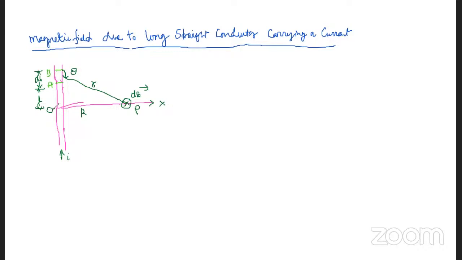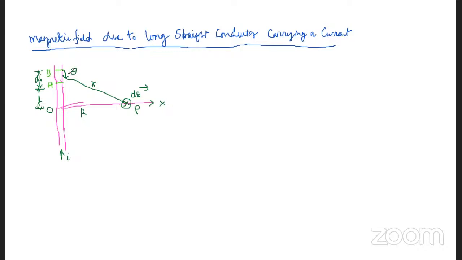A distance of L from O. Now let R be the distance of the element from the point P. R is the distance of the point P from that small element DL. Now we have taken this theta, the angle in the clockwise direction to the element, joining the element to